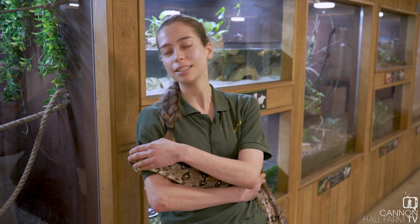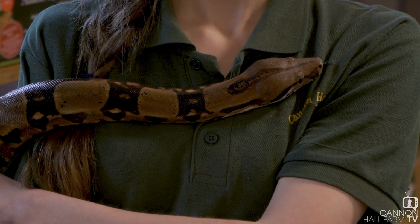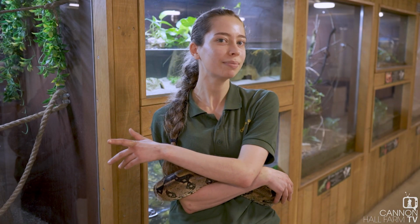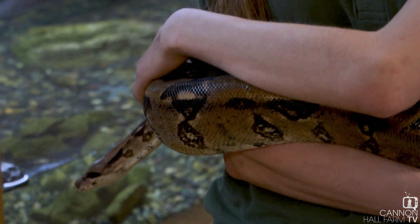So as you can see, he's a very, very friendly boa constrictor, but that doesn't mean I'm not watching him. I'm going to make sure we're all being safe, and that's why Dale's on hand as well, making sure he's behaving himself. I really hope you've enjoyed seeing our boa constrictors and learning a little bit